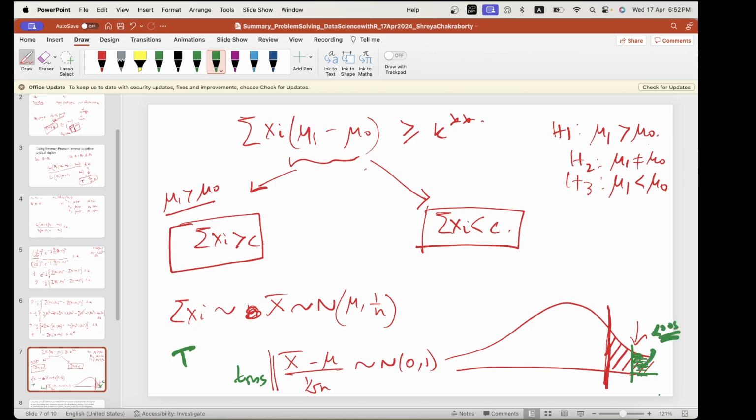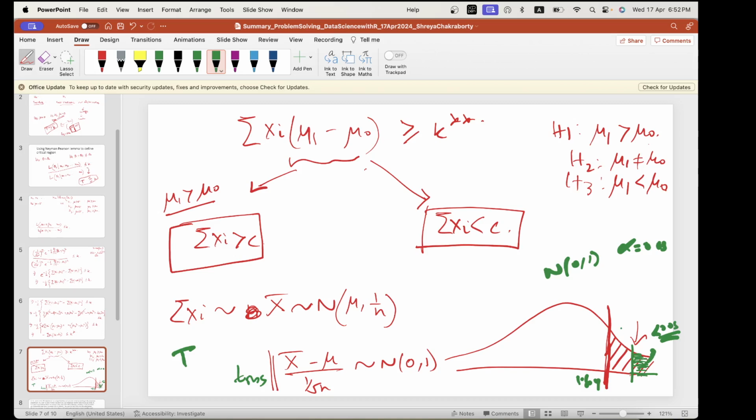This is by the p-value definition. And by the cutoff definition, we see that it is falling beyond, let's say this is your 1.64, normal 0, 1, upper alpha point where alpha is 0.05. All right. So this is how we devise our